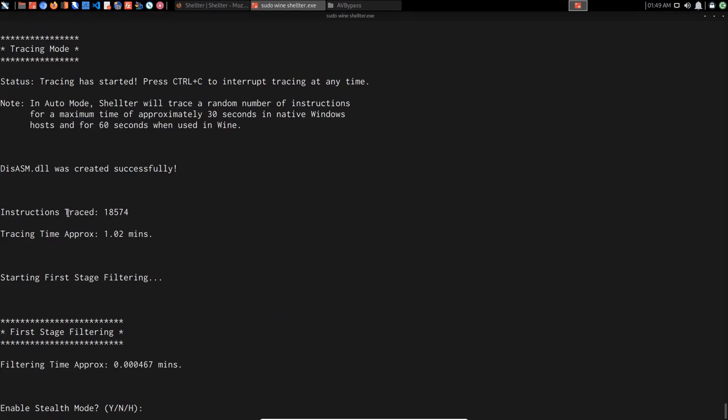And it's going to tell you instructions traced, 18,574. It's then going to start the first stage filtering. So it's going to ask you whether you want to enable stealth mode. This is a very important step, because what it's asking you is whether you want the executable to function as intended. So for example, in this case, we are injecting the shellcode into VNC Viewer.exe. So it's asking us whether or not we want VNC Viewer to actually function normally when executed. So if we want that to happen, which I recommend that you do, I would enable stealth